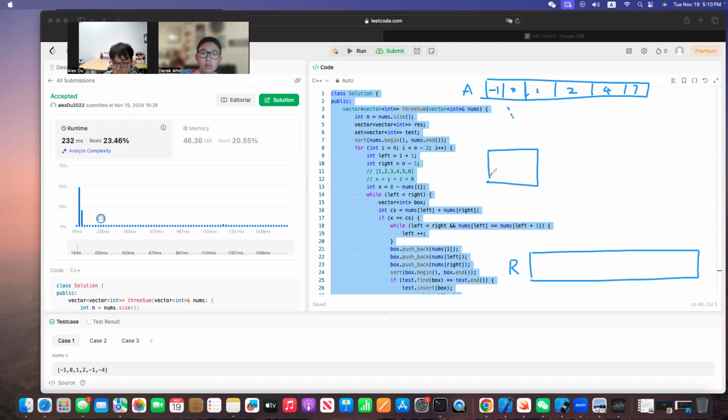You can call this B, and B is a vector of a vector. So this is a set of vectors. And in the main loop here,